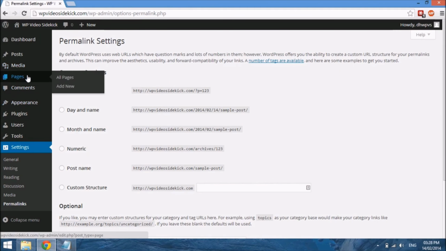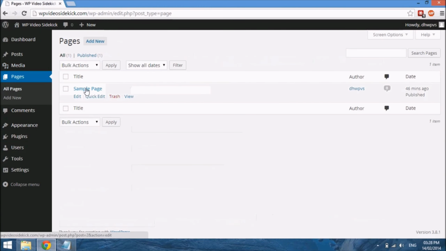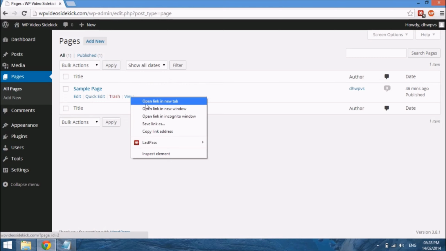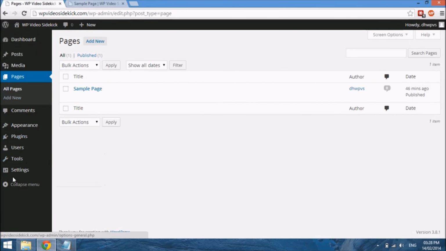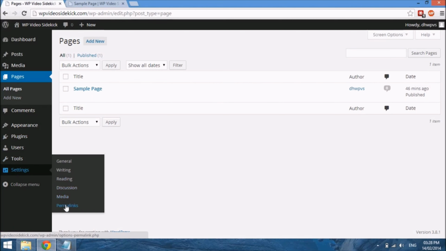If we go to pages and select all pages, and by default a sample page would have been created, and if we select view, let me just open this in a new tab, you will see where it says our website address and then page ID equals 2. So of course this is ugly, it doesn't make any sense, and you do want to change this. So to change this, to put it in a format that's a lot more friendly, let's just go back to our